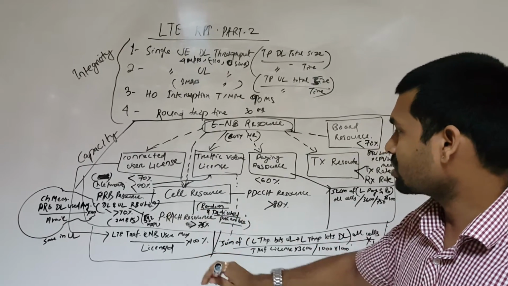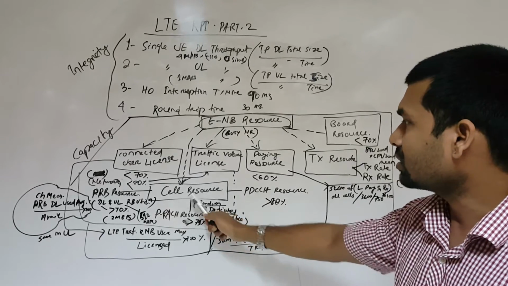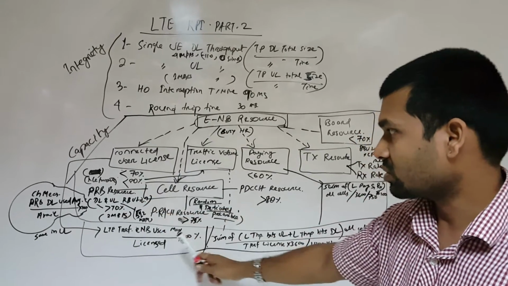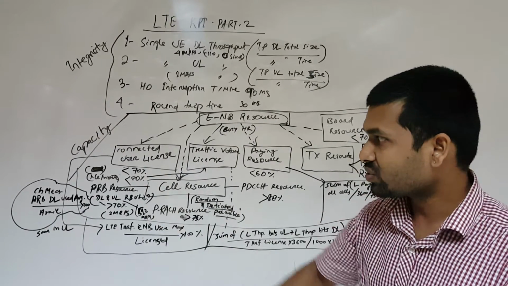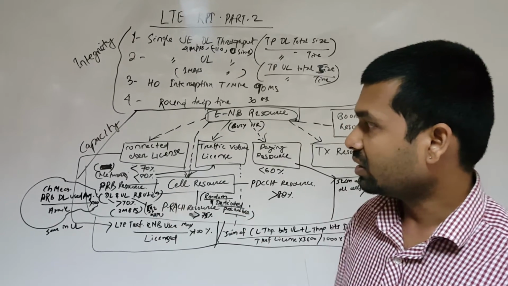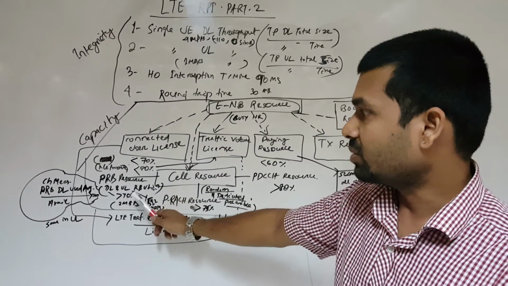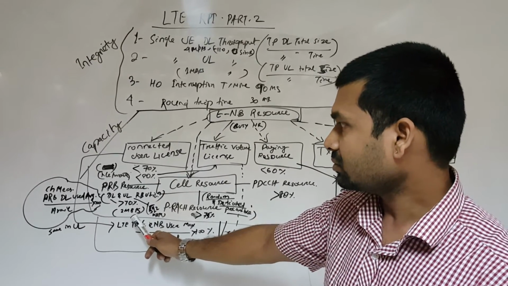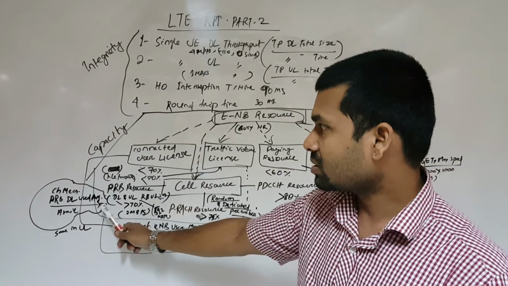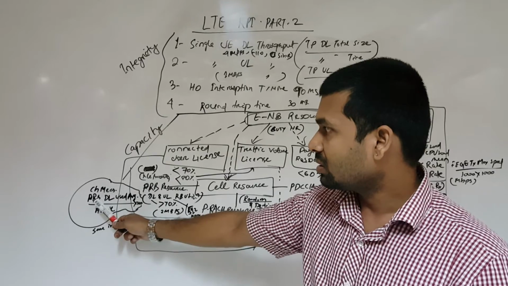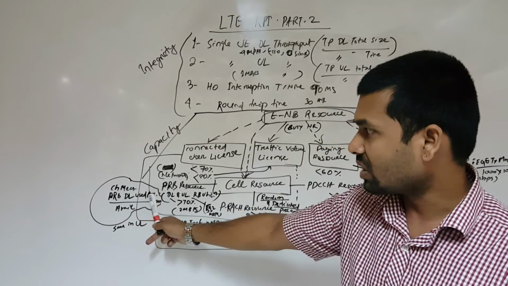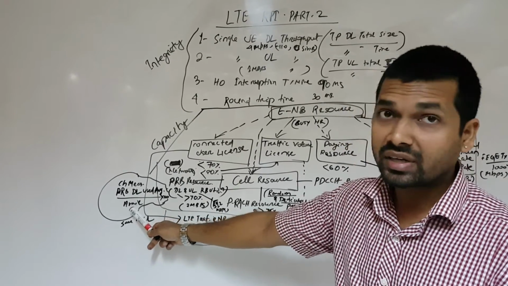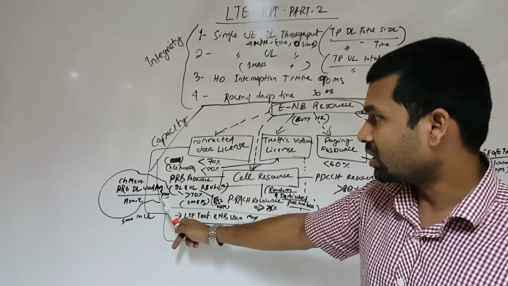We are having the cell resource. In cell resource, we are having three things: PDCCH resource, PRB resource, physical resource block resource, and PRACH resource. In PRB resource, we are having uplink and downlink resource block utilization, 2 KPIs. The threshold is 70%, and the formula is channel measured physical resource block downlink used average divided by total channel physical resource block downlink available average into 100%.